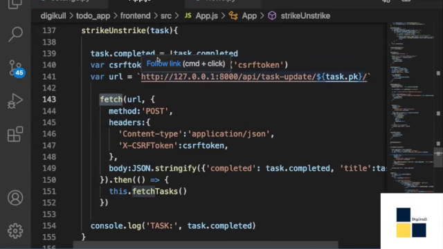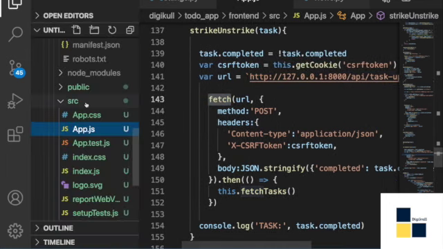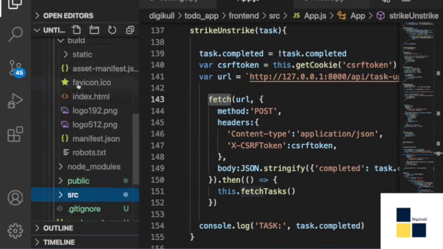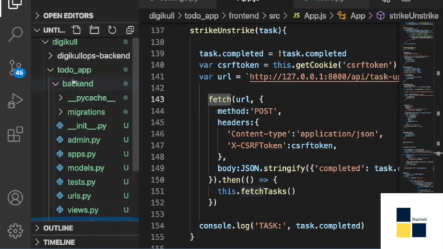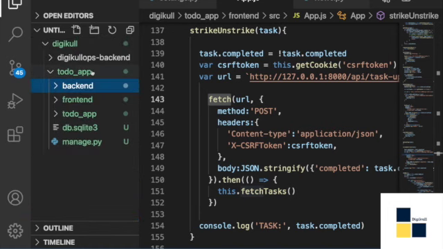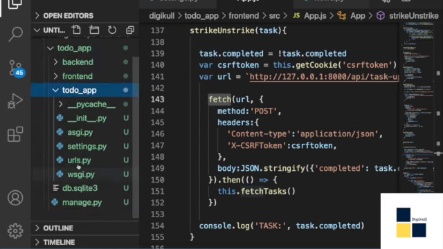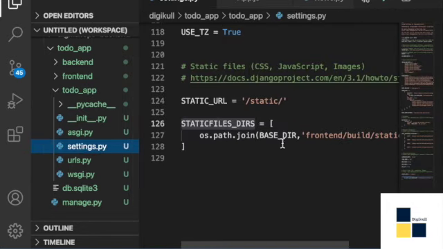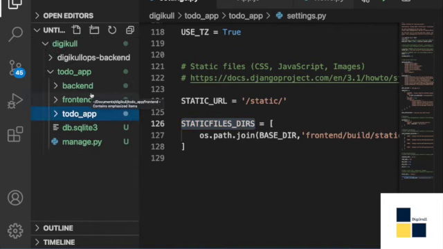So one more round of demo which I can show you. Coming back to the folder structure, you saw how we created the to-do app. We first created the Django app, where we created the to-do app backend, where we have all the settings.py written. In this settings.py, we created a static files dir. Before doing that, we created a React application, which was called front end.